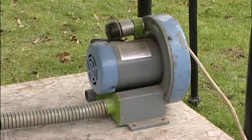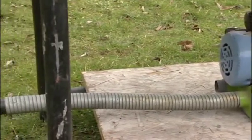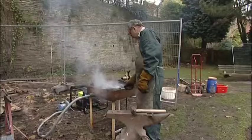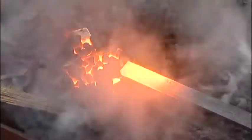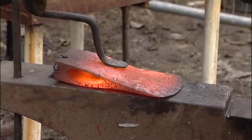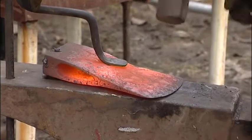A simple fan, this time from an old refrigerator, is linked to the tuyere by a combination of flexible and rigid pipe. Custom-made tools for all elements of building work can easily be made with basic skills in blacksmithing. The heated metal can be shaped to produce cutting or impact tools, or to modify existing tools to undertake specific